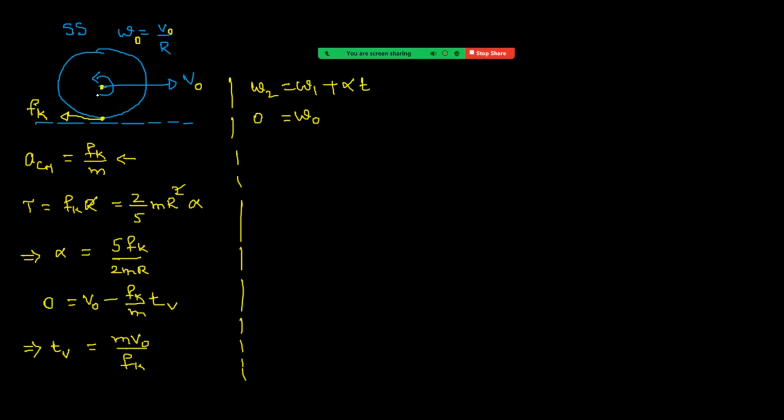So here, if we consider anti-clockwise as positive, then omega naught will be positive. Alpha is now clockwise, so it will be negative: minus alpha. Alpha value here is 5 Fk upon 2 mr. Let us take the time as t suffix r, meaning when rotation stops. So t r is equal to